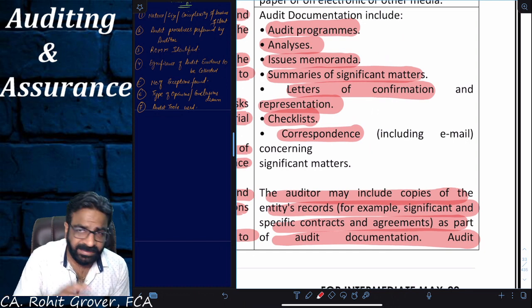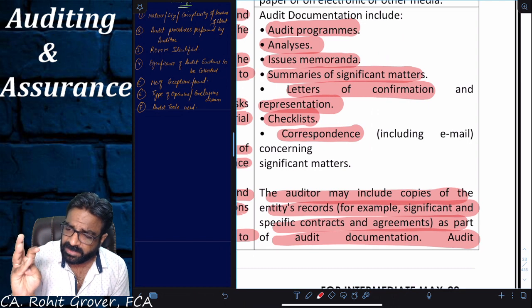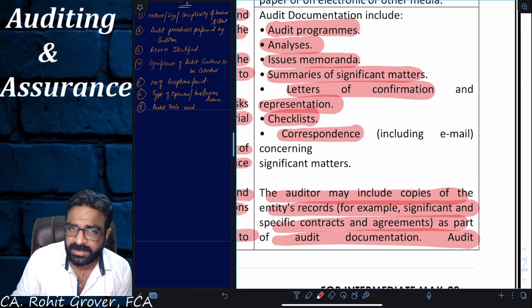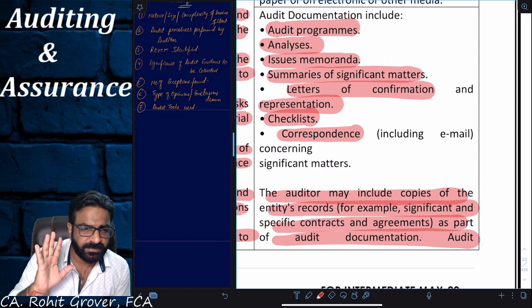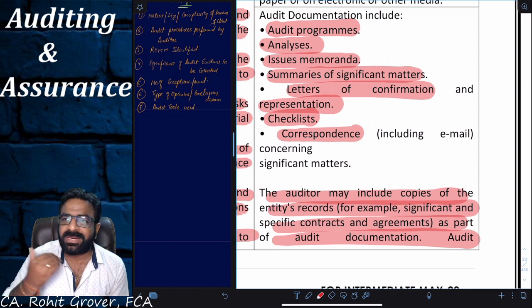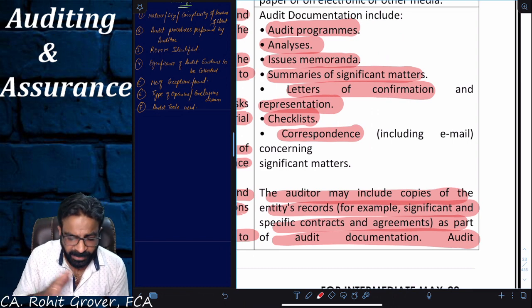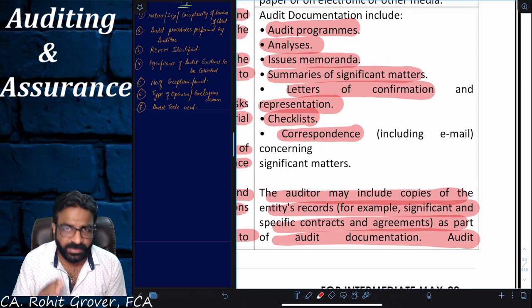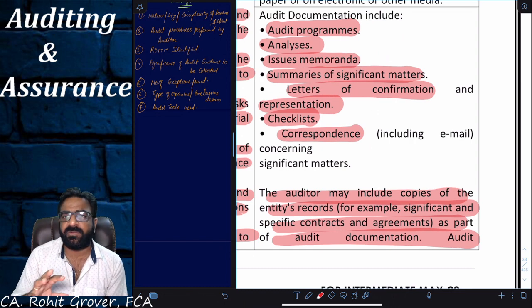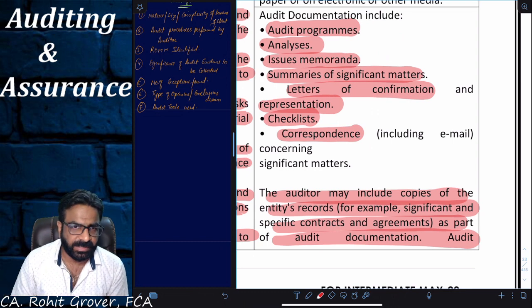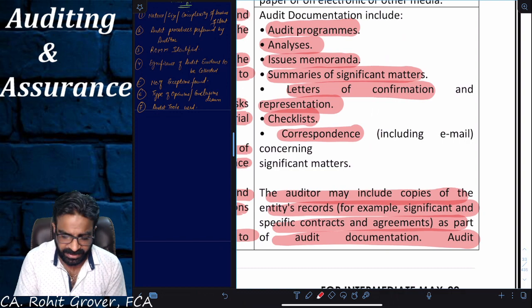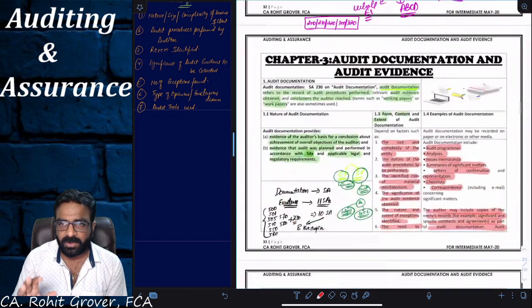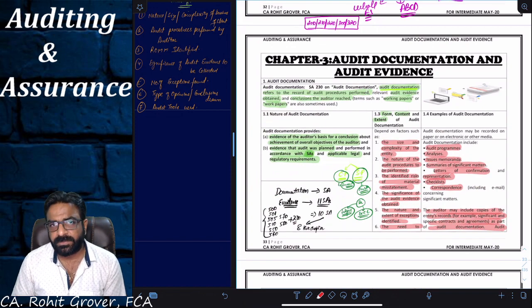I think if you will collect MOA, AOA and certificate of incorporation and GST letter, do you have to collect it on yearly basis or it is a once in a lifetime document? Once in a lifetime. So you need not collect it again and again. Are you getting the point? It may be a possibility that when you're doing the audit of your client for the first time, these documents will become the part of your audit documentation file, but it is not necessarily that every year you are going to collect it. I hope every one of you is understanding, there's no single doubt on this page. Everyone, please tell me so that I can move ahead. Any doubt or no doubt?